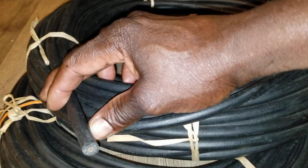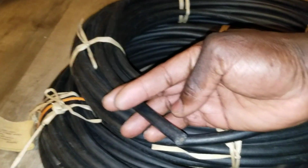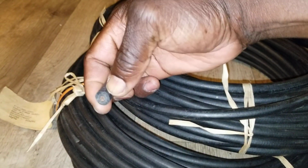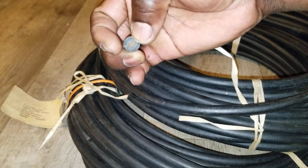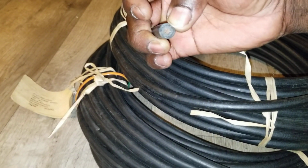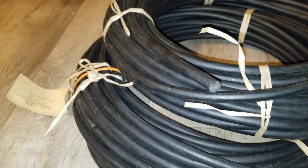You can do underground with this, UL, I call it ultraviolet rays, and you guys can see the thickness of the insulator. It's so thick that it's unbelievable. The copper, tin plated copper, it's not that much in there at all, but if I can count the way it was arranged, it seems like